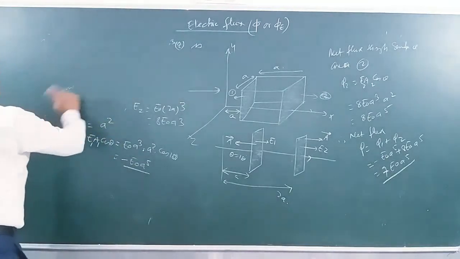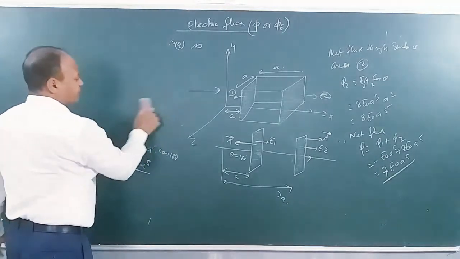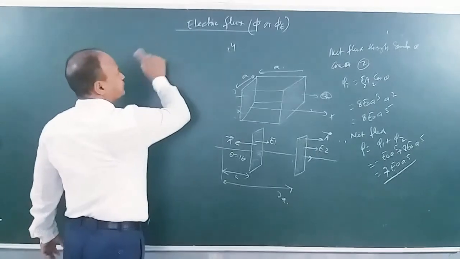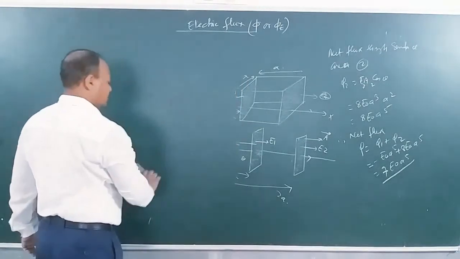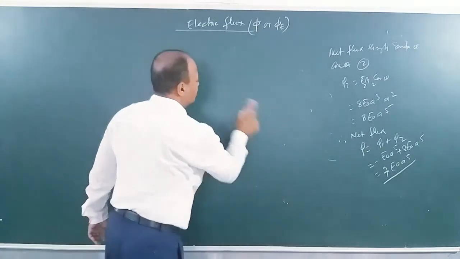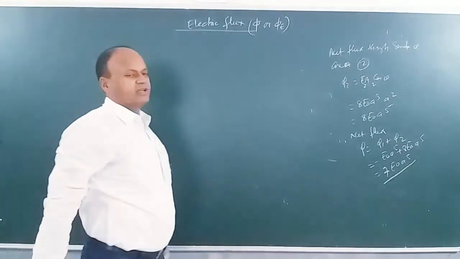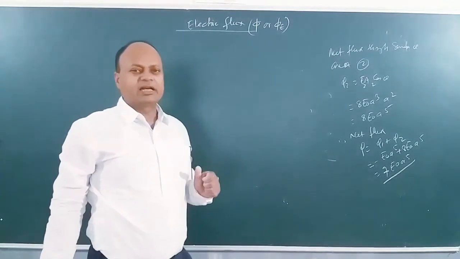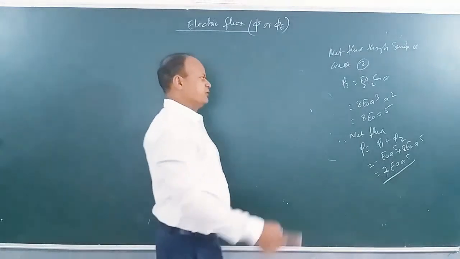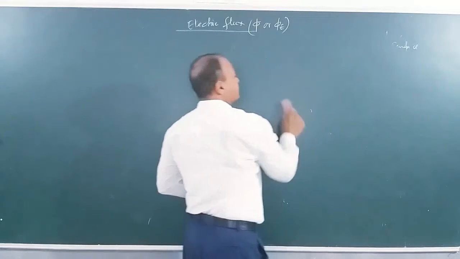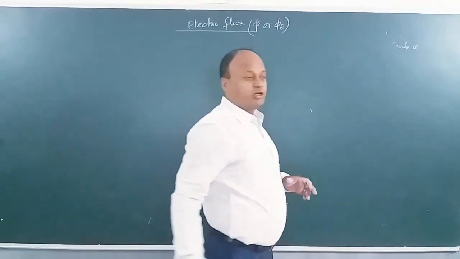So if any such problem is given, you will be able to do it without any difficulty. Similarly, if you have been given any electric field and a surface area, you will be easily able to calculate the electric flux if you know the intensity of the electric field and the angle between the area vector and the electric field. Now it's an interesting problem which will form the basis of Gauss theorem, which we will discuss in the next class.